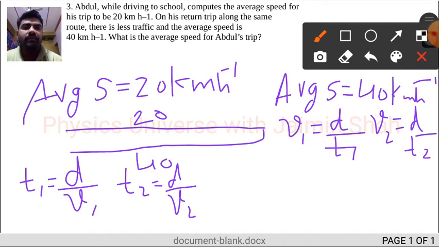Now for the total timing, average speed is equal to the total distance covered, which is 2d, upon the total time, which is t1 plus t2.